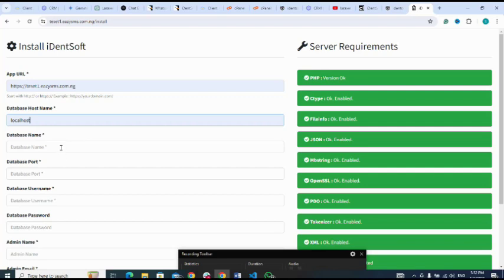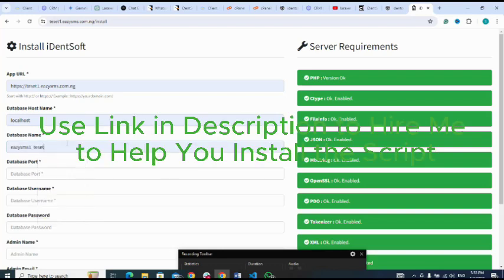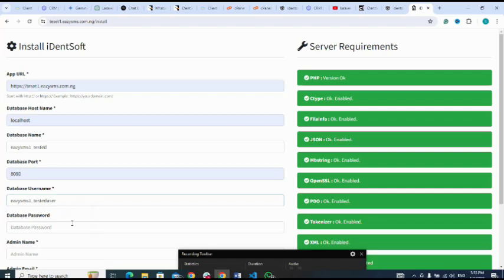Host is localhost, database name, it's tested, port is 8080, username, tested, yeah, password,